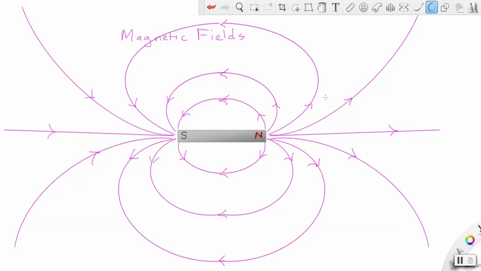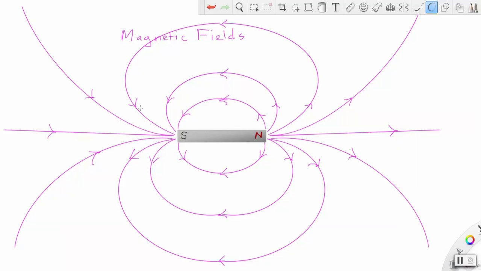Now, magnetic fields actually cause charges to move in funny ways. We won't go into the specifics of how the charges move, but they do cause charges to kind of wind around in circles and do all kinds of weird spirals and things like that. So it's very important for that reason. So in this video we're going to be focusing on magnetic fields and the importance of magnetic fields. And in the next video we're going to talk about how to make them. Okay, so